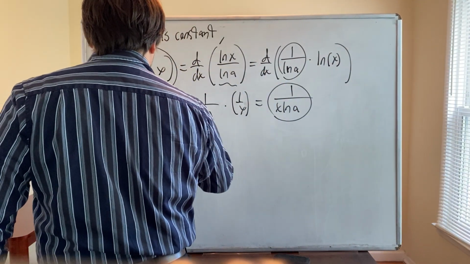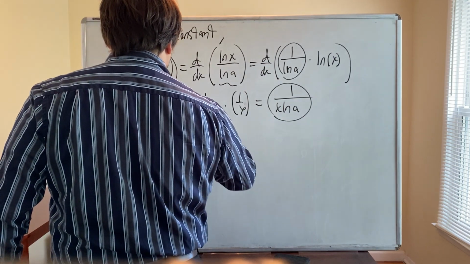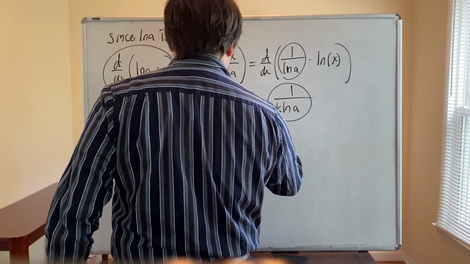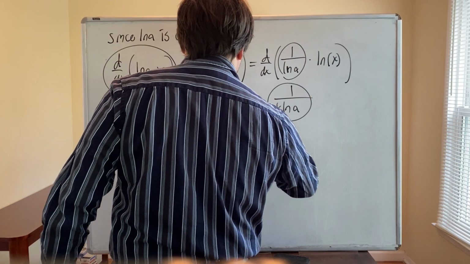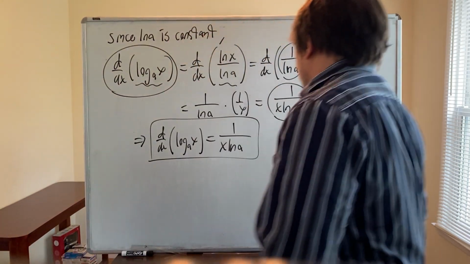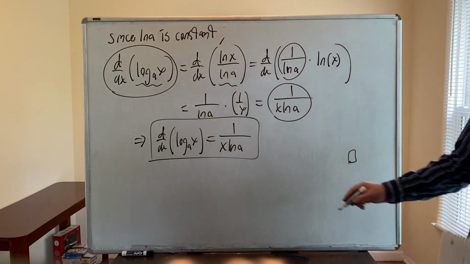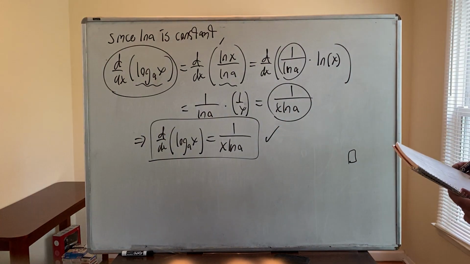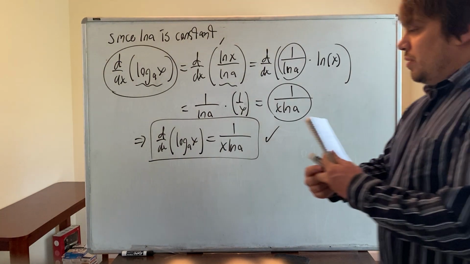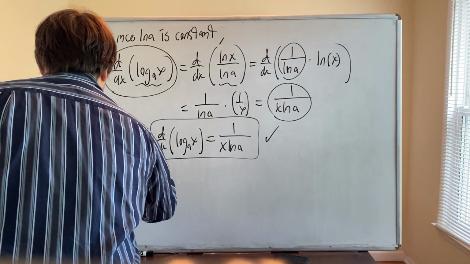So therefore, d/dx of log base a of x is equal to 1 over x ln of a. And that proves that formula. Okay, and so you should know that equation also. We'll use that space there. So as an example,